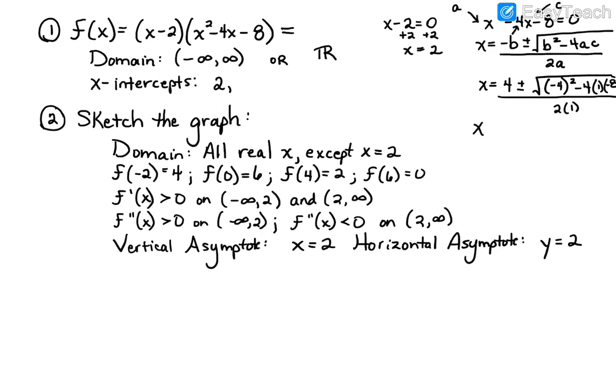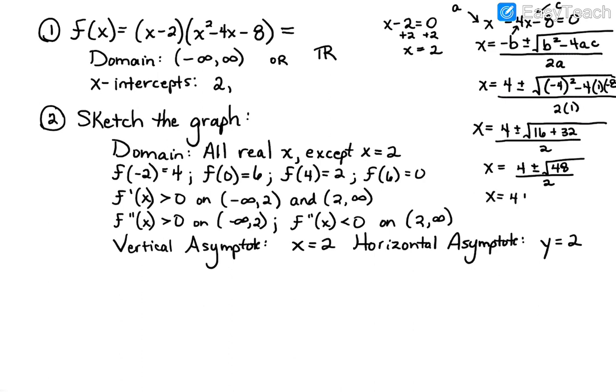So then we simplify further. We have a 4 plus or minus the square root. Negative 4 squared gives me 16. And then when I do minus 4 times 1 times negative 8, that actually becomes positive 32. All divided by 2 times 1 is 2. So now I've got 4 plus or minus the square root of, that would give me a 48, all divided by 2. And I'm going to go ahead, they didn't ask for decimals, so I'm going to go ahead and